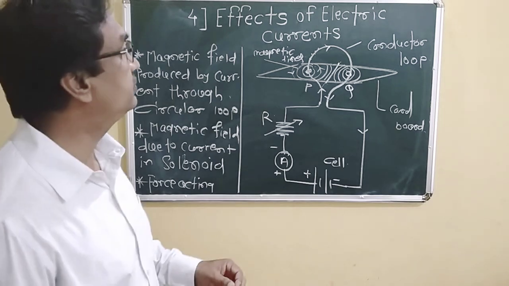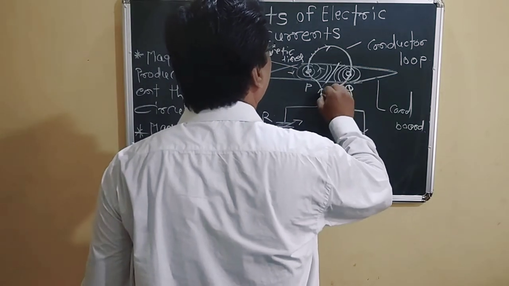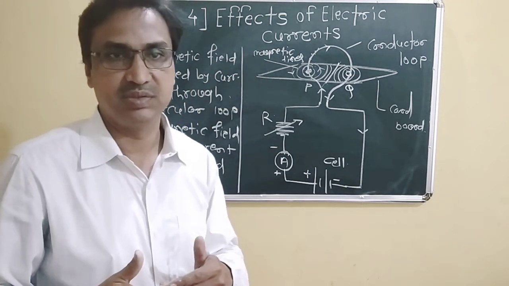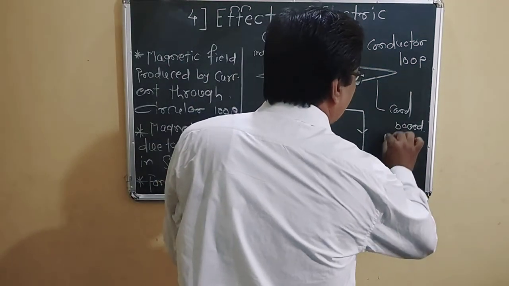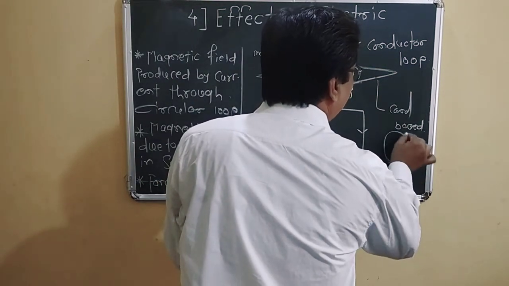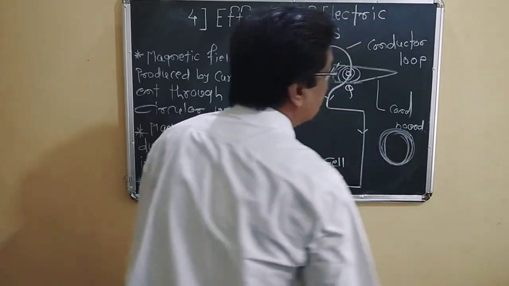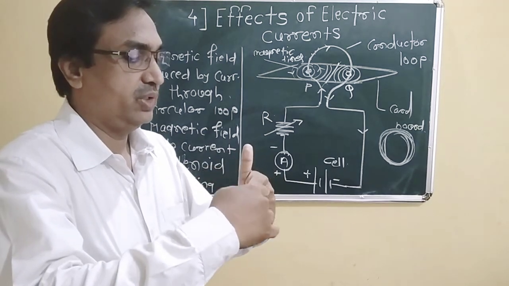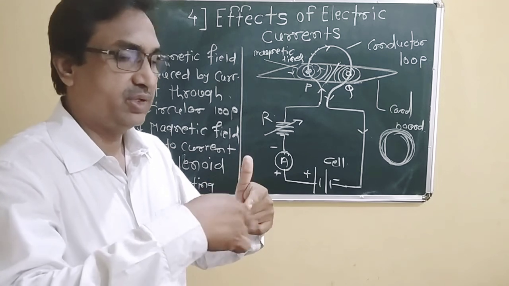So instead of one turn, if we make a number of turns, if we wound a copper wire with a number of turns,